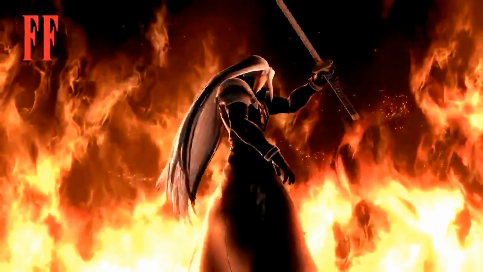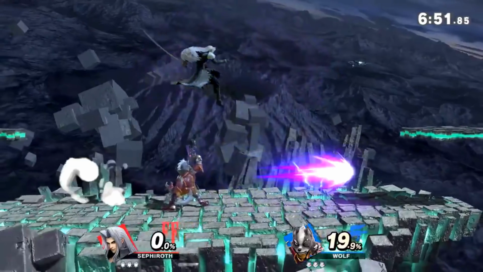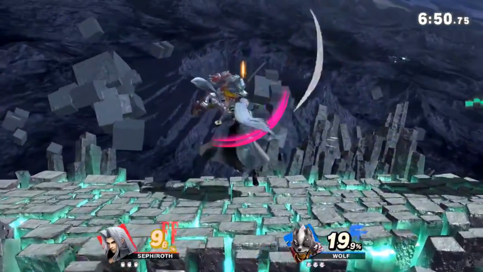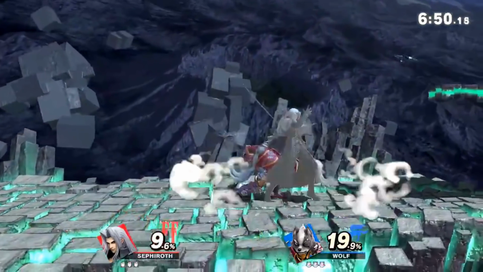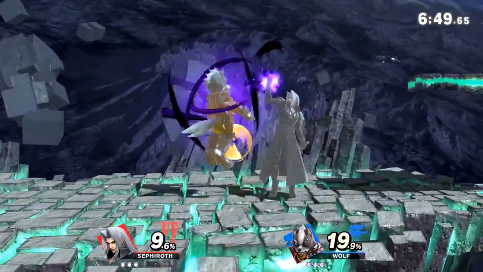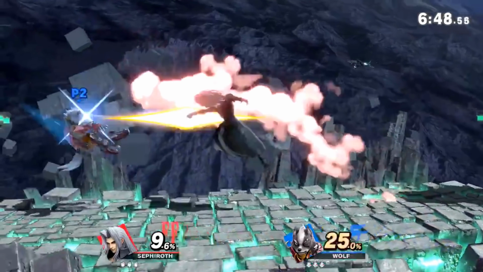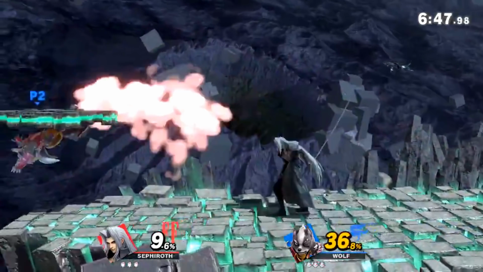Tweek attempts an empty jump grab, but didn't observe he was on the wrong side, so he gets hit by rising fair, but is aware the grab isn't a true follow-up and spot dodges, netting him a punish with down throw forward air. He dashes forward, and when seeing the double jump, he dashes back to cover the drift in,